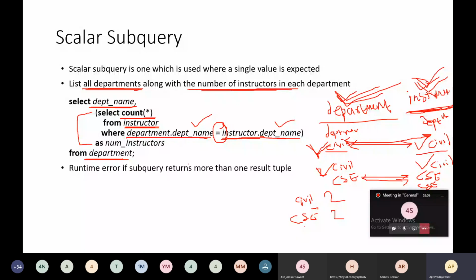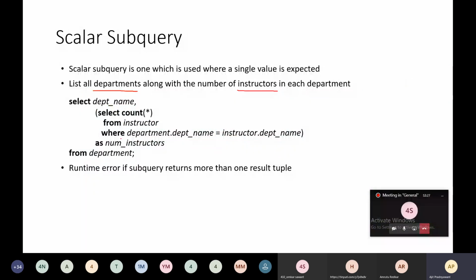To understand it in a better way, you need to visualize what columns are present in the department relation and what columns are present in the instructor relation. Plus, one very important thing, you need to understand the Cartesian product. We have seen the Cartesian product with an example, and I have also explained it using queries, because it's a very important concept.